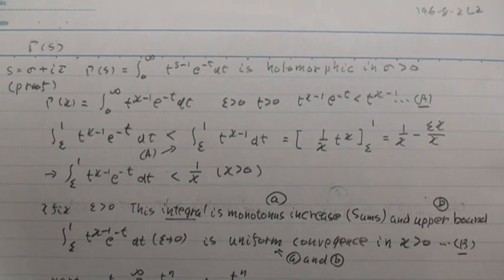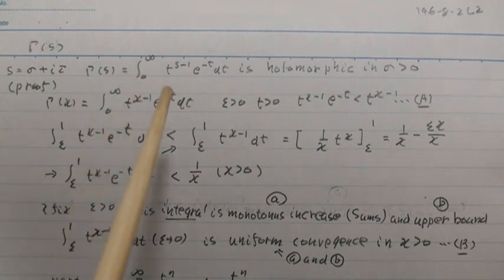Hello everyone. Lecture 146, branch 82. The gamma function, Γ(s) where s = σ + iτ, Γ(s) = ∫₀^∞ t^(s−1) e^(−t) dt, is holomorphic in σ > 0. Proof: